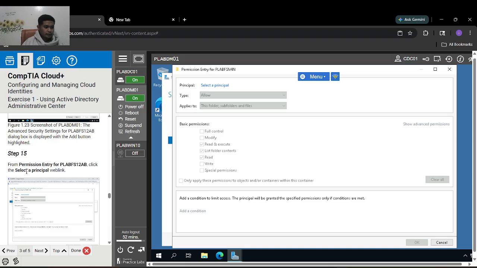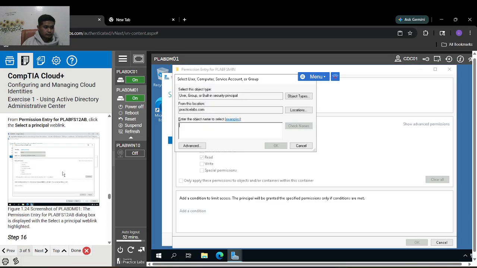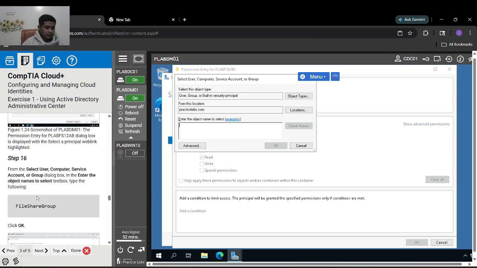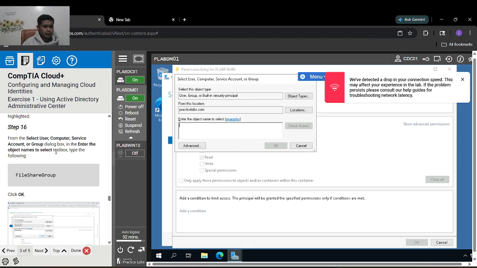So step 15, from permission entry of PLAB, click the select principal web link. So step 16, from the select user, computer, service account or group dialog box, enter the object name to select text box, type the following.